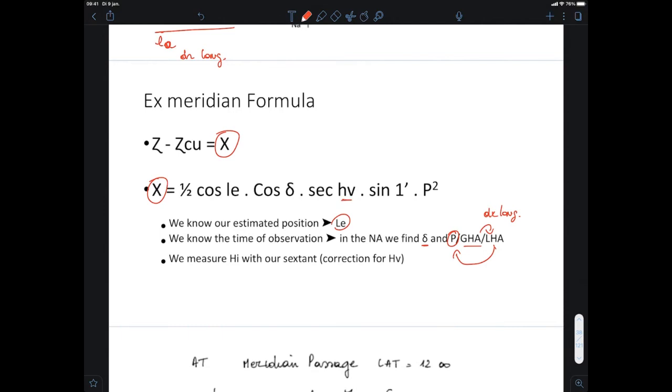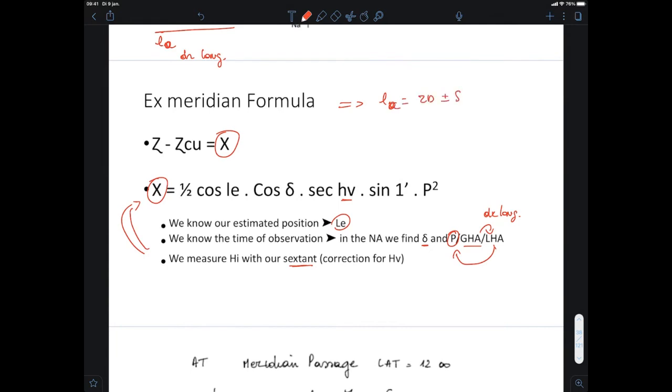We also know our altitude. That is what we measure with our sextant. And so this way, we can determine with our calculator the value for x. And if we know the correction that needs to be applied to our zenithal distance at the moment of observation before meridian passage, we can calculate the corrected zenithal distance for the moment of culmination. And voila, then we can use, again, the shortened formula, being